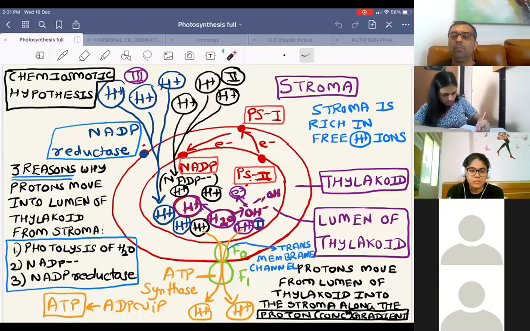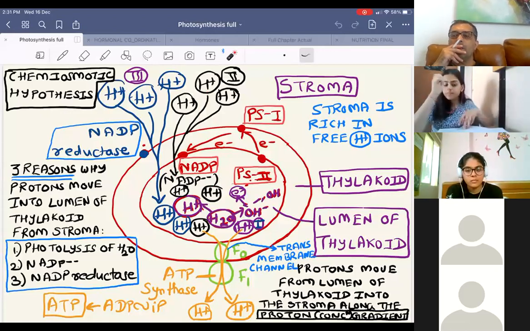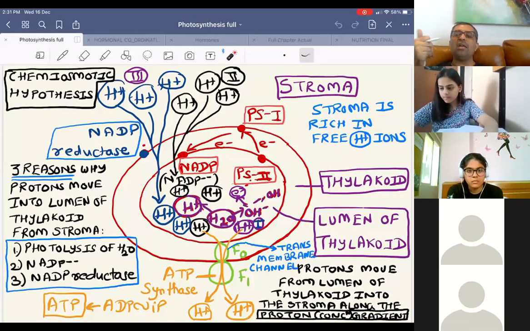I also had one more doubt. Why can't Rubisco fix carbon dioxide at low concentration? Is it because, as you said in the doubt solving, instead of carbon dioxide it will combine with oxygen? Absolutely. At a lower CO2 concentration, it starts combining with oxygen, which is called photorespiration. That is in the next lecture.